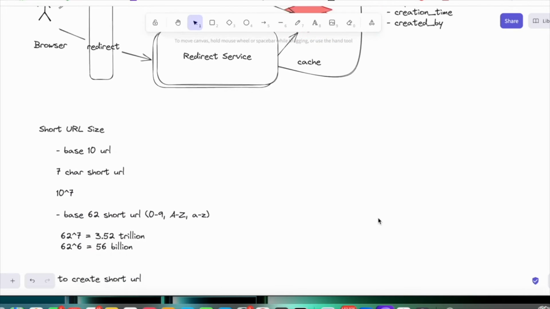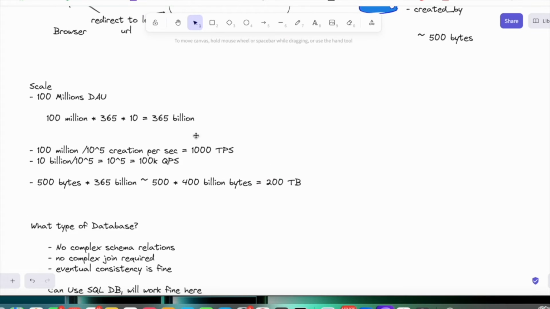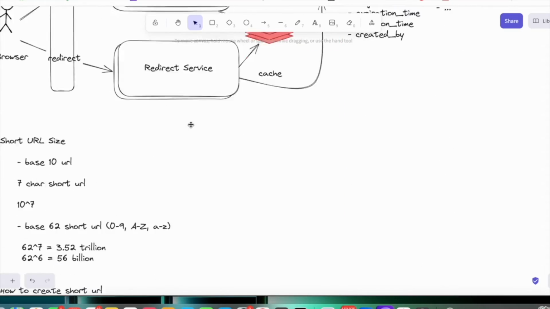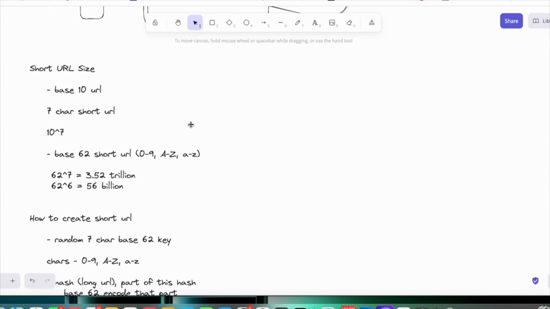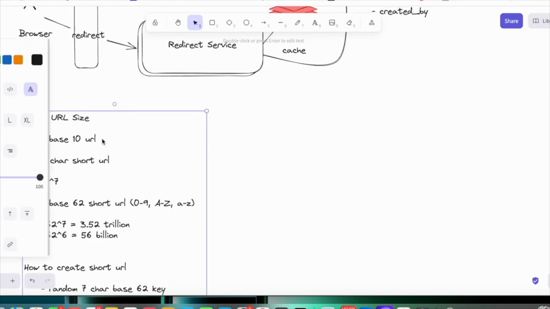Next, we have to discuss the short URL size. So when we did our scale calculations, we saw that we need 365 billion unique short URLs, right? If we are storing the URLs for 10 years maximum. So we have to generate our short URL in such a way that we can create that many unique URLs. Consider if we are having base 10 URL. So base 10 URL is basically